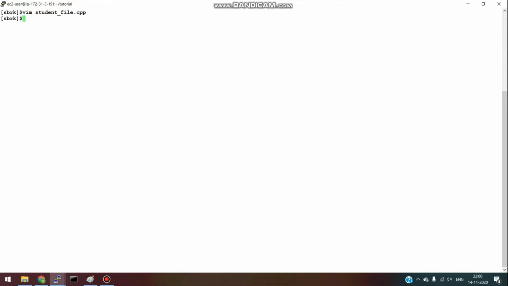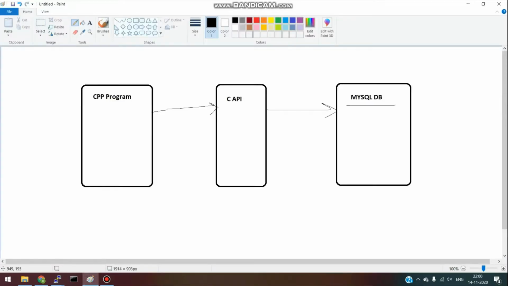Take this file and see, while compilation, we need two things. First is the path for the mysql.h file, and second is the C API library that we are using. This library provides two libraries, static and dynamic. Currently we will use the dynamic library. So we have to provide the path for that.